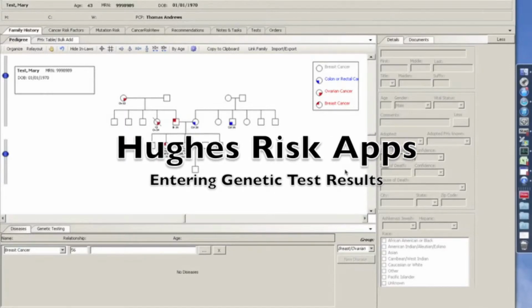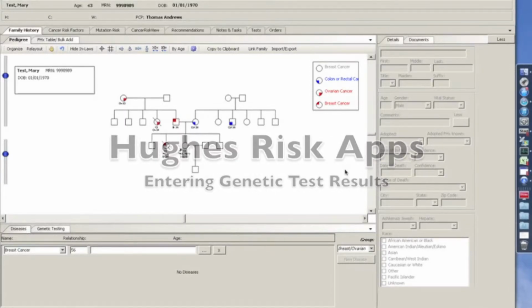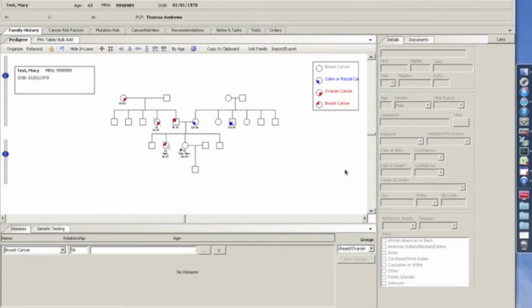Entering genetic test results on version 3 of HughesRiskApps. We can see in this family that the patient herself does not have cancer, and therefore we have opted to test a relative first. When the patient returns to let you know that her father has undergone testing, you can